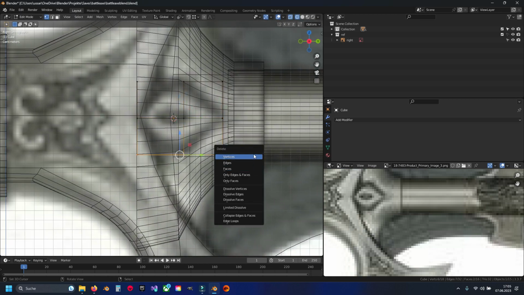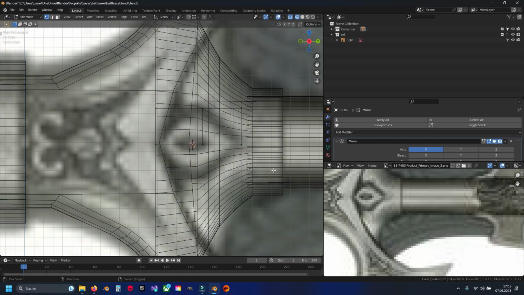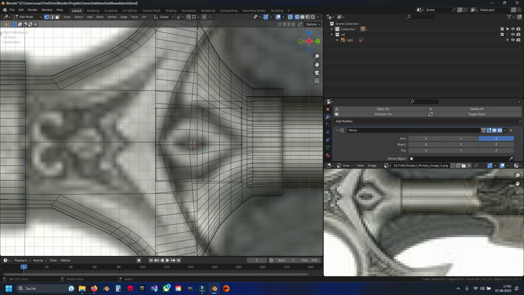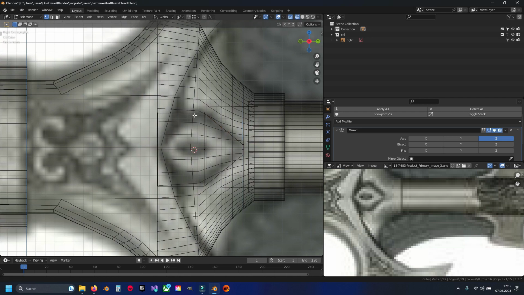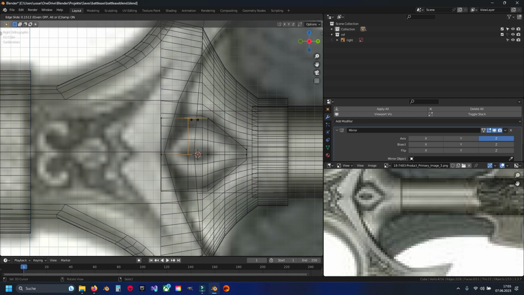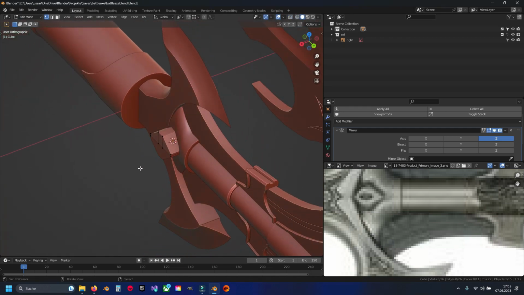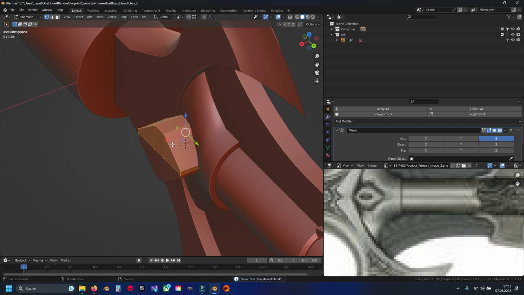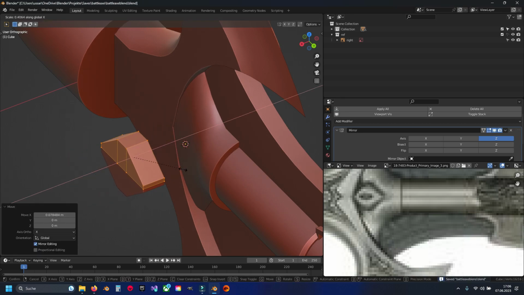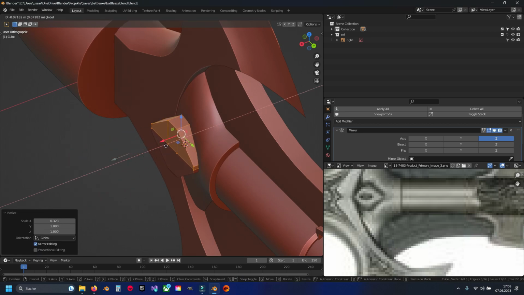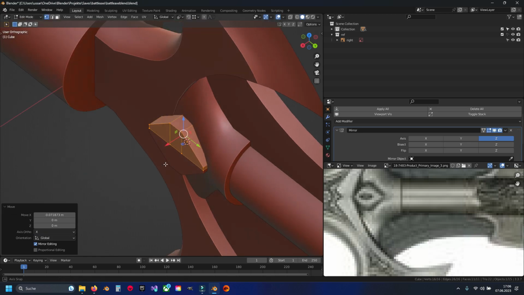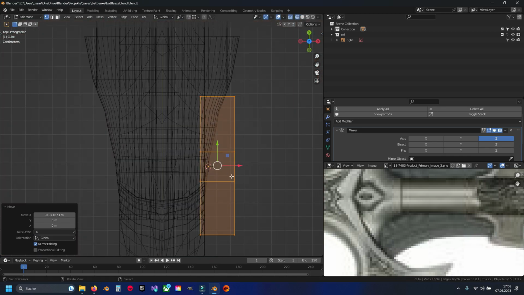I'm going to delete half and add a mirror on the right axis. And now I can just put it down. And I think we have to do the same thing here. So we can go with this down, like that. And that's gonna be our detail. Make it a little bit more small. And we can just put it in place,